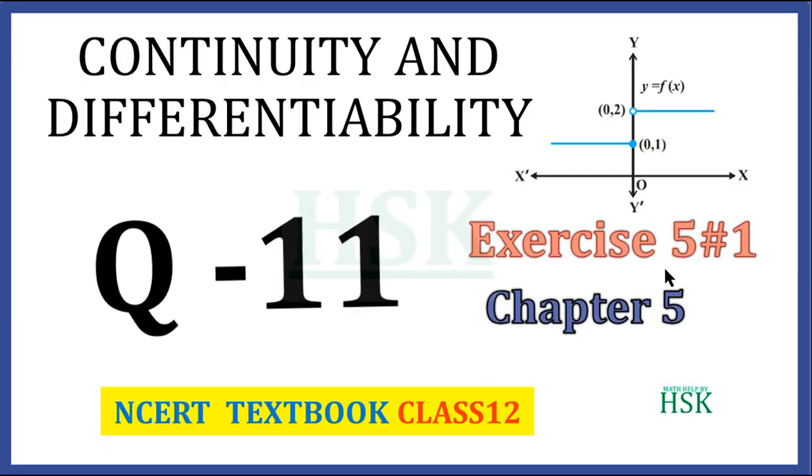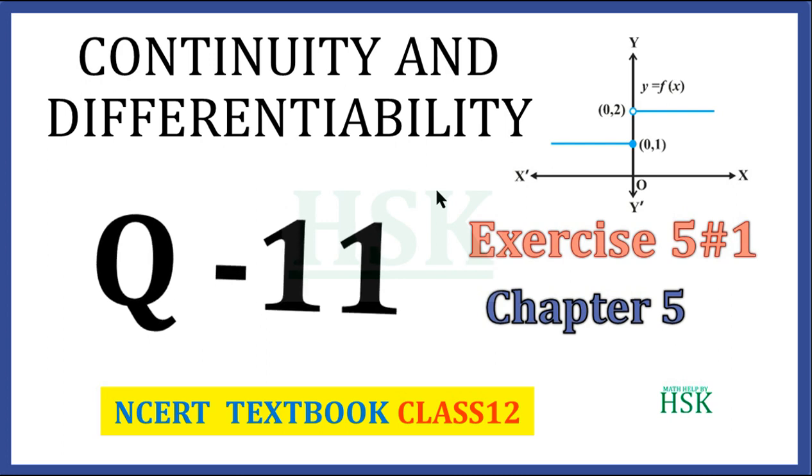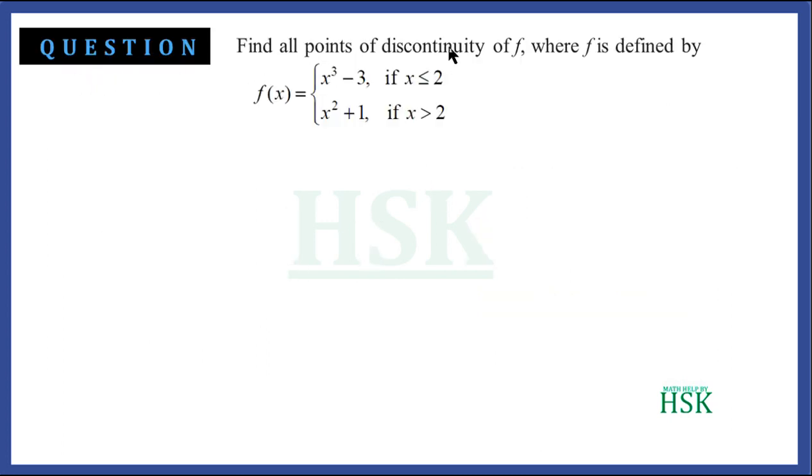This is question number 11 of exercise 5.1 from the chapter Continuity and Differentiability. The question is, find all the points of discontinuity of f, where f is defined by f(x) equal to x cube minus 3 if x is less than or equal to 2, and x square plus 1 if x is greater than 2. Now to solve this question, first of all we take the first case, and the case is